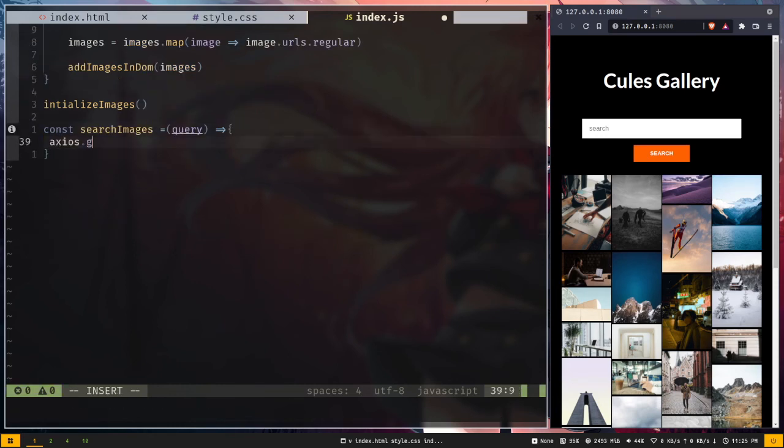So axios.get, and again just use a template string and put the API URL, then /search/photos and again our client ID. Again just pass the secret key, and then we need to pass the query parameter. So query will be equal to the query